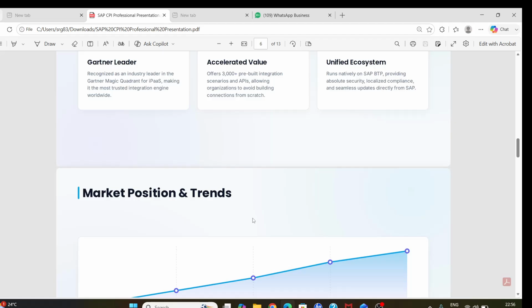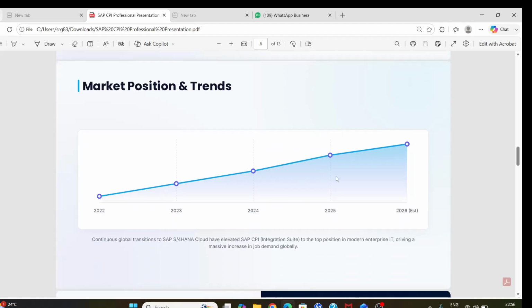Let's look at the market trajectory represented on this chart. Here you can see this. Over the last 5 years, enterprise IT has shifted rapidly from on-premise installations to cloud solutions. SAP is actively migrating thousands of global legacy customers to S4HANA Cloud.